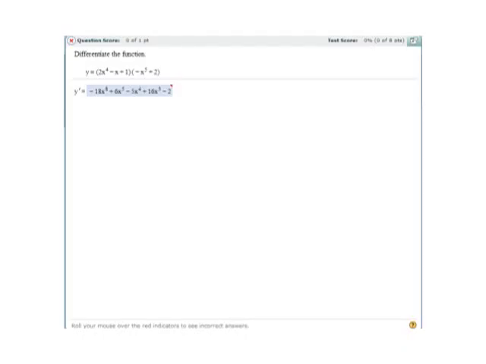Okay, this is another problem of finding a derivative, and I can approach this one of two ways. I can either multiply everything out and then take the derivative, or I can use the product rule first and then do some multiplying out and collecting like terms. I'm going to do it with the product rule just for the practice. You might want to, for fun, go ahead and do it the other way: multiply it all out first, then take the derivative.